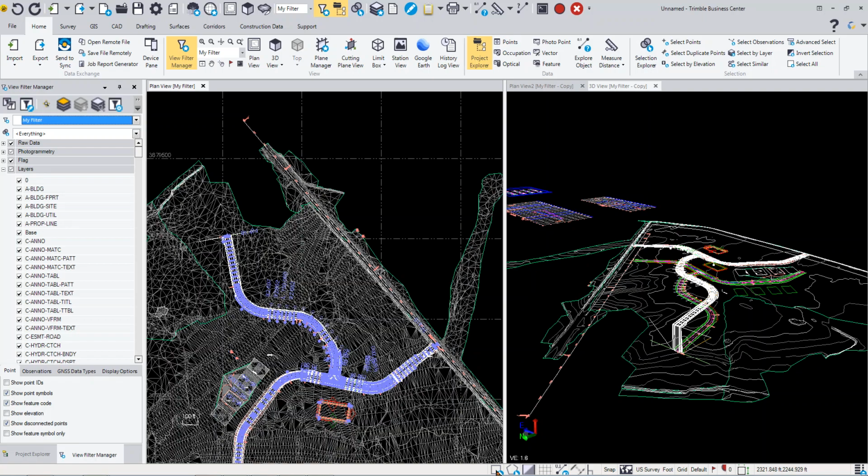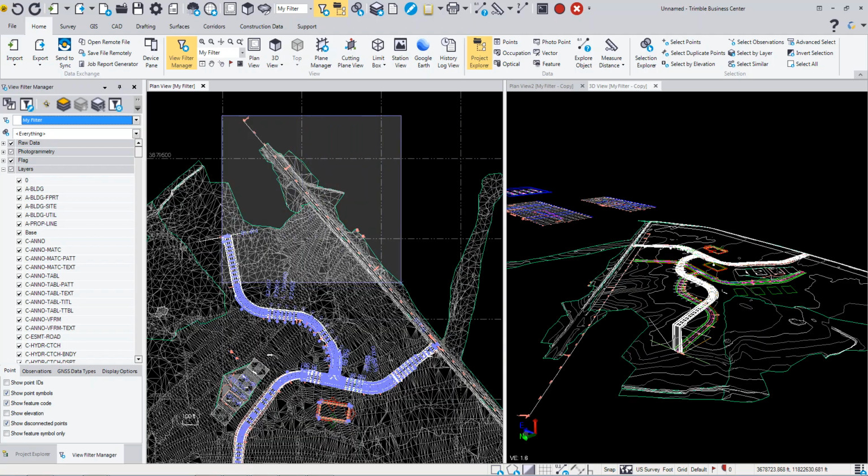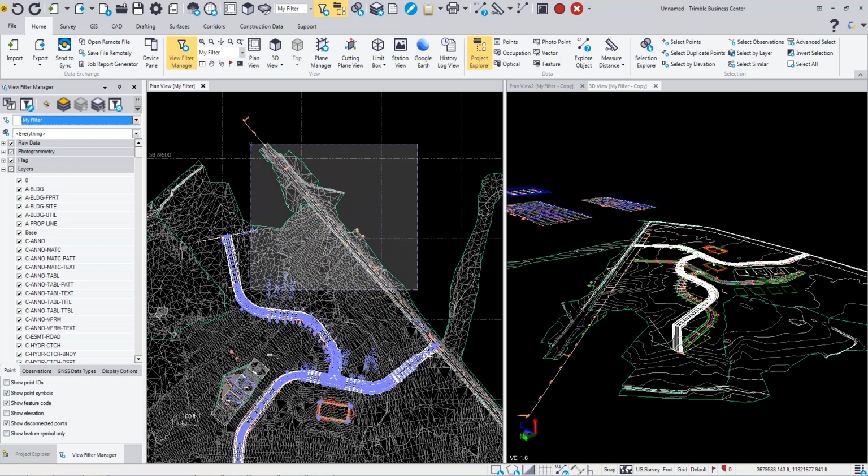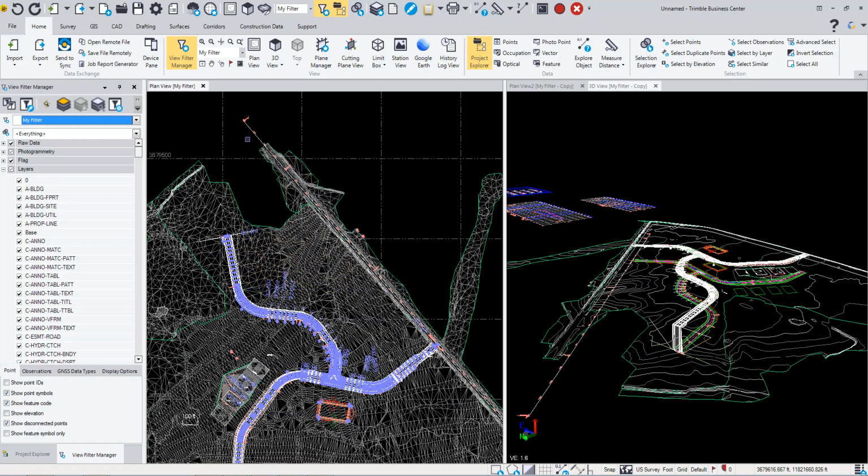By default, the rectangular select should be on, and that allows you to left click and hold your left mouse button down and drag down to the lower right or the upper left. If I drag to the lower right, any objects within that area will be selected, versus if I drag to the upper right from the lower left or upper left from the lower right, anything that crosses that